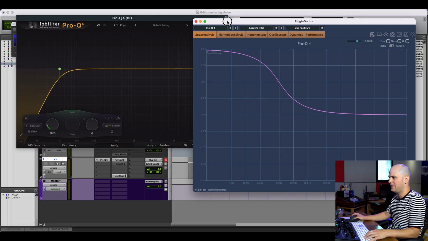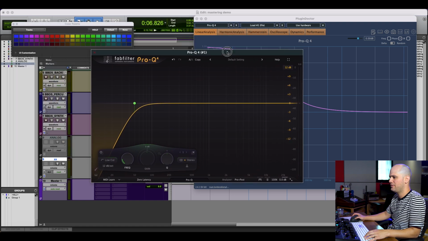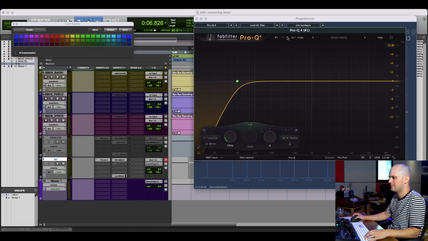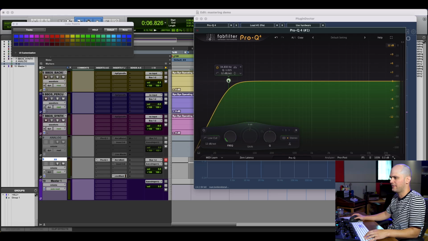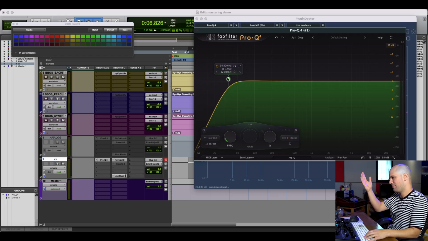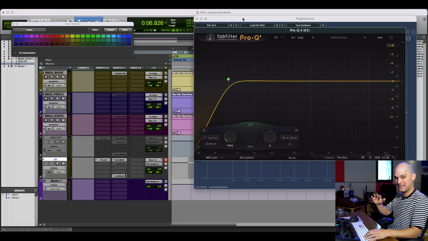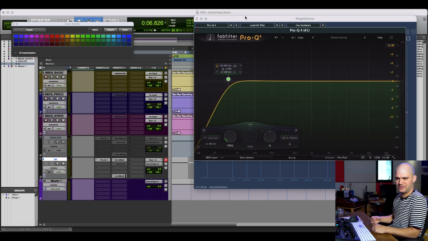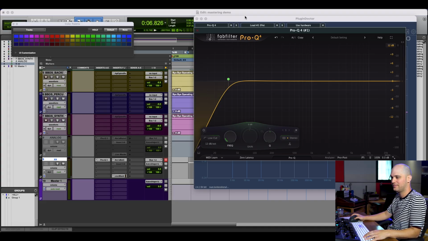So I just put on a Pro Q, and let's high pass even like 34 hertz, which a lot of people just slap on almost anything. Even the master bus, like people do that. That's insane in my mind. So what's the problem? I'm just reducing things that I don't even hear, so they don't clog up the mix bus, right? Well, in Plugin Doctor,